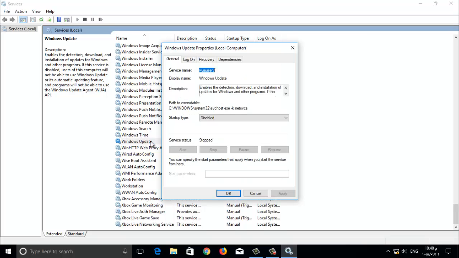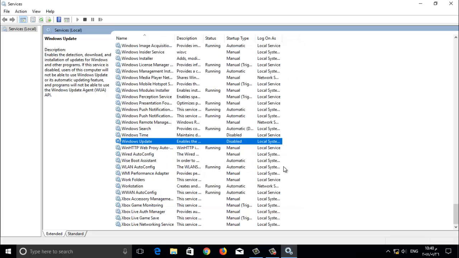We will open it again. It's still disabled. Now there's no more update. So when you need to update your Windows or any program, just